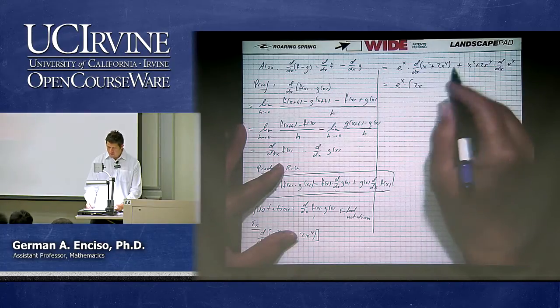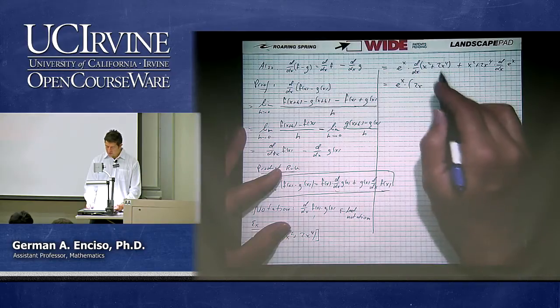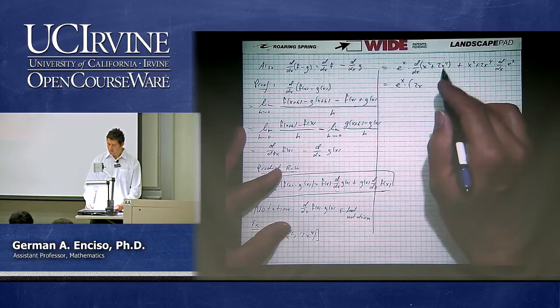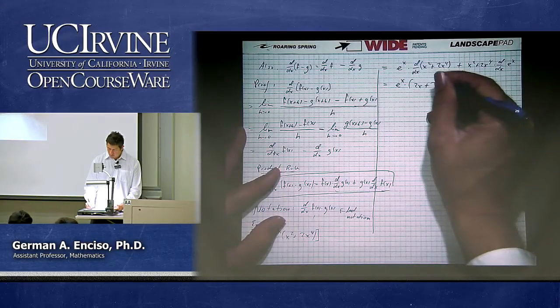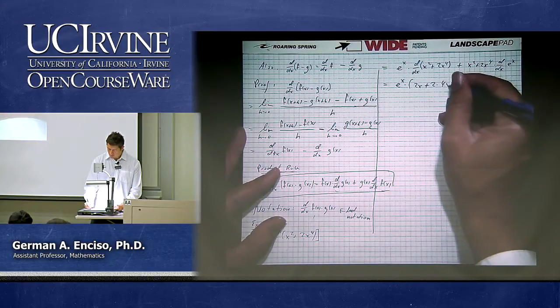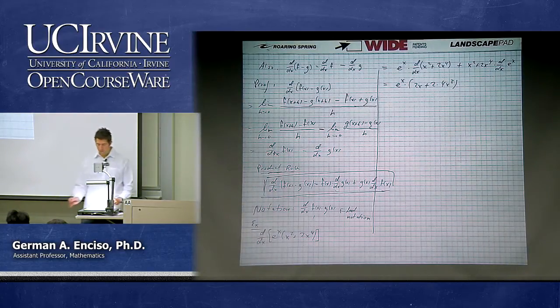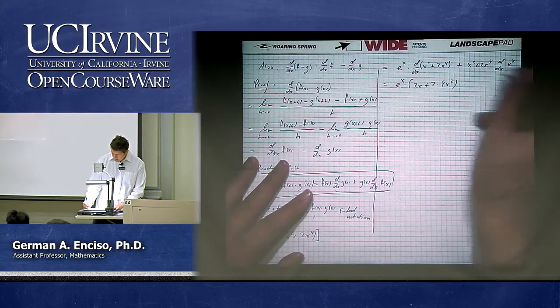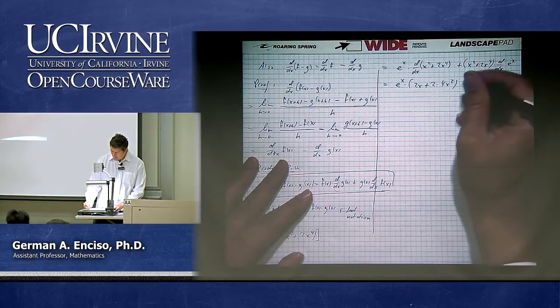What is the derivative of x to the 4? 4x to the 3. And we're going to leave the 2 in there. Plus, oh sorry, this should definitely have a parenthesis. Plus